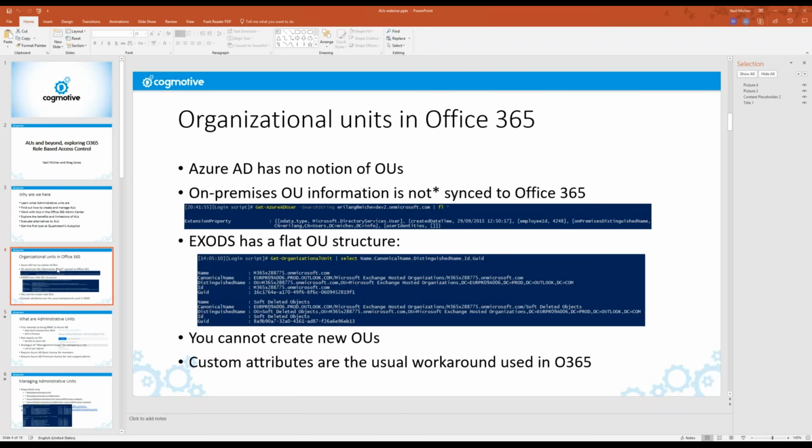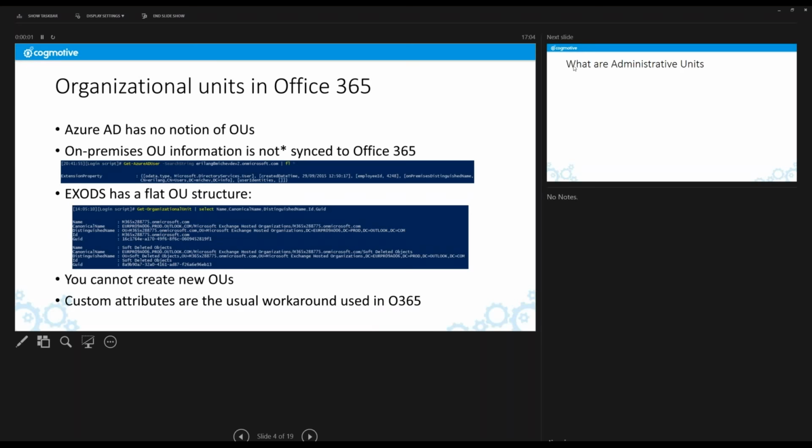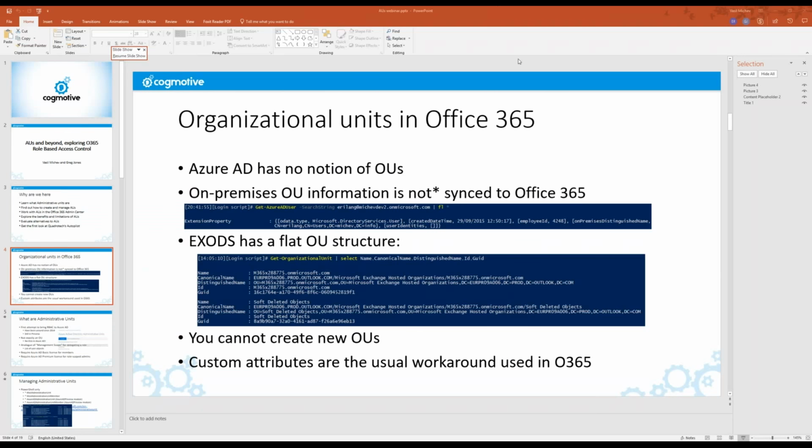So let's get started, to basically set the stage here. What we've had traditionally in Active Directory for years and years now is managing our users and objects in general via the notion of